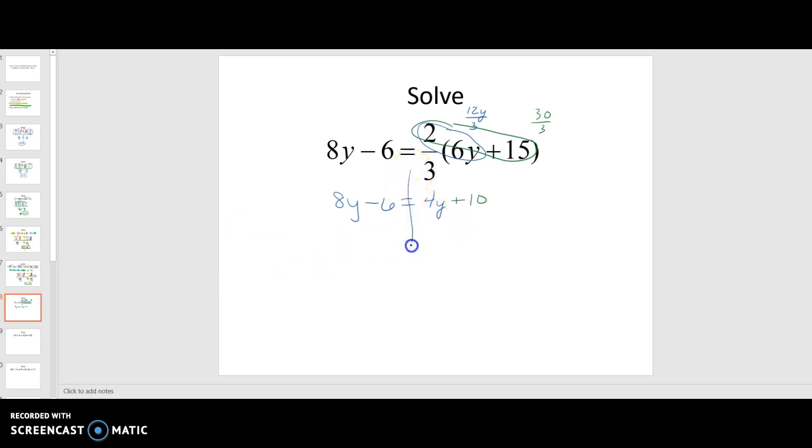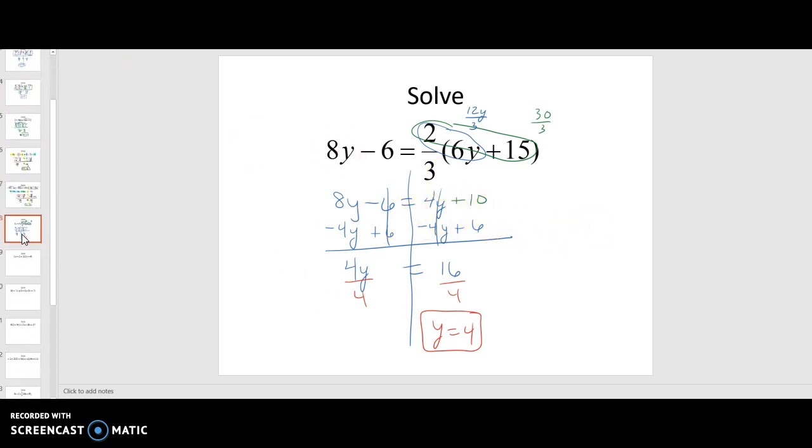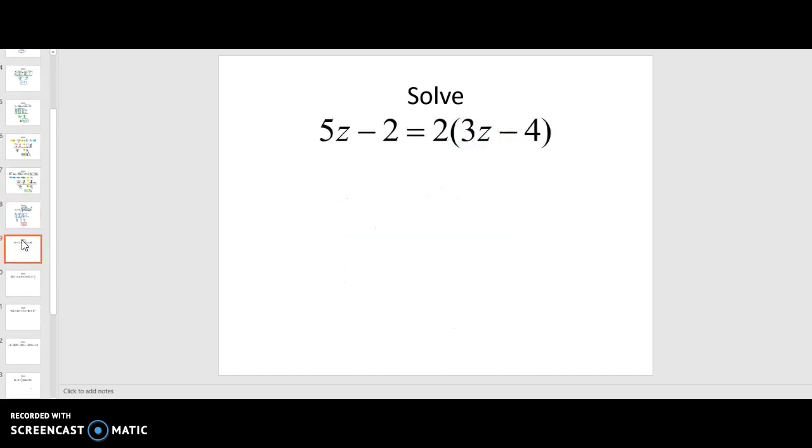So now here's my equal sign down the middle. So I move the constants or the variables to the left, bring the constants to the right, make sure all your like terms are aligned vertically. 4y, bye-bye, equals, bye-bye, 16. And now, very straightforward. Divide by 4, y is equal to 4. Okay? So like I said, these get a little more difficult as we go along. We'll do a couple more together and then I'll put you on your own